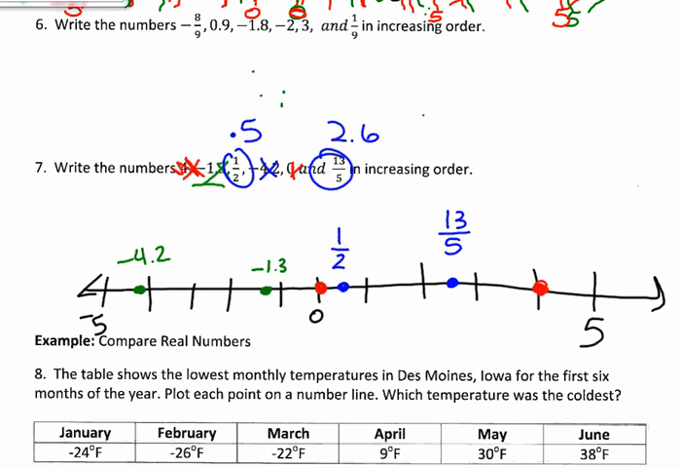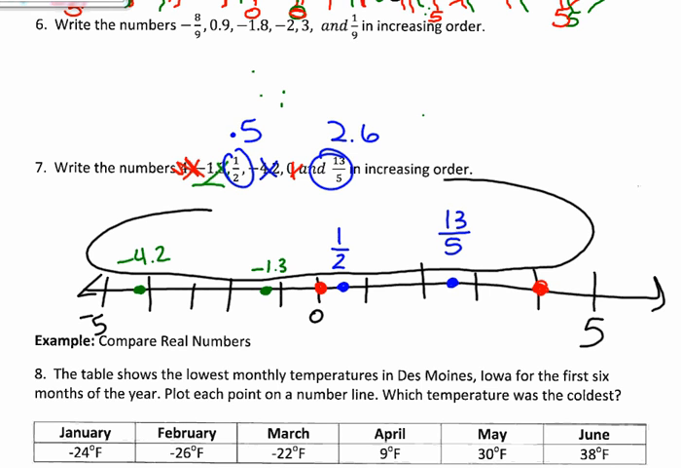So again, now that I have them on the number line, they're all in order. All I have to do is write them. Should label this. Negative 4.2, negative 1.3, 0, 1/2,